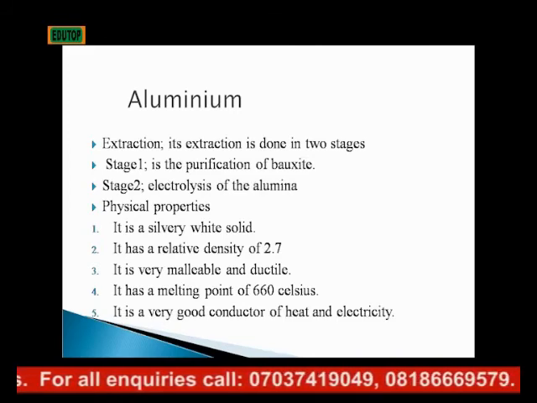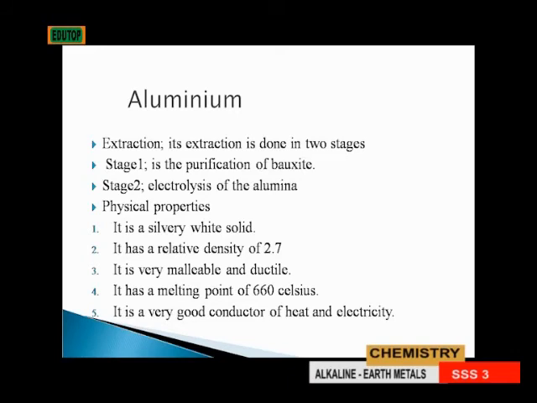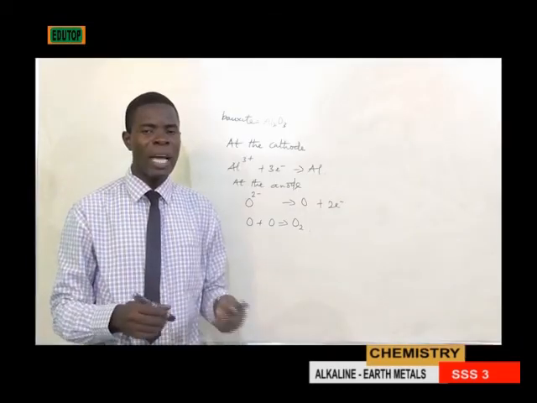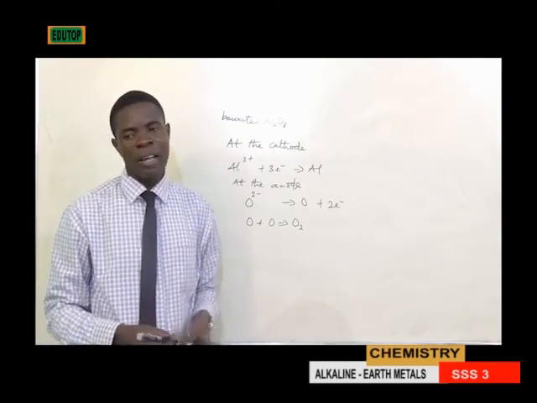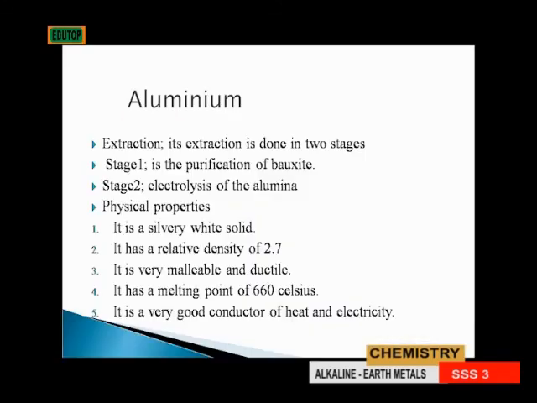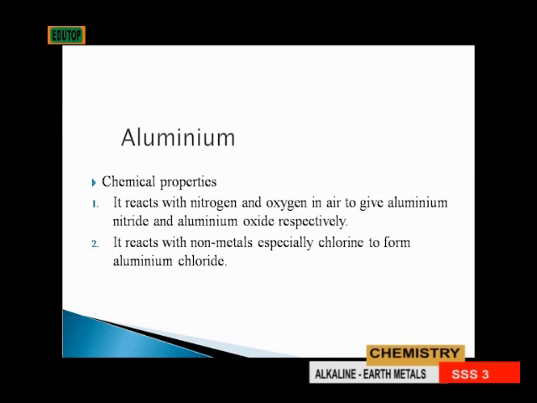Physical properties. 1. It is a silvery white solid. 2. It has a relative density of 2.7. 3. It is very malleable and ductile. It can be deduced that most metals are malleable and ductile. 4. It has a melting point of 600 degrees Celsius. 5. It is a very good conductor of heat and electricity. Chemical properties of aluminium. It reacts with nitrogen and oxygen in air to give aluminium nitride